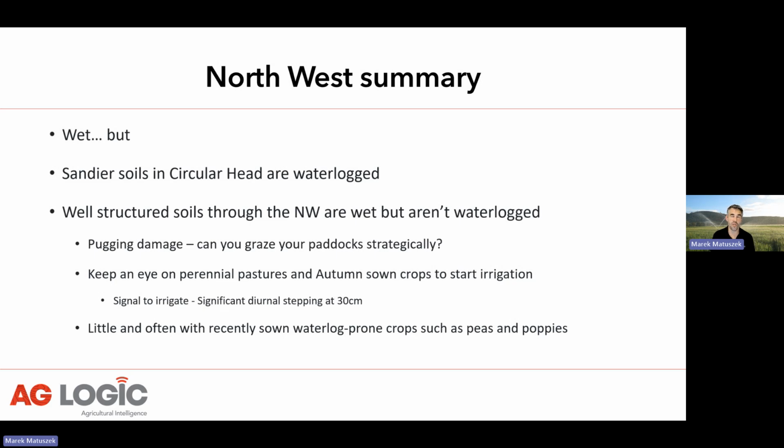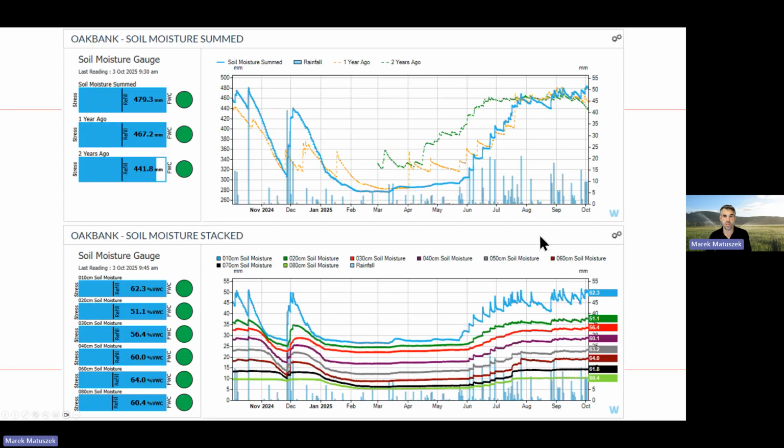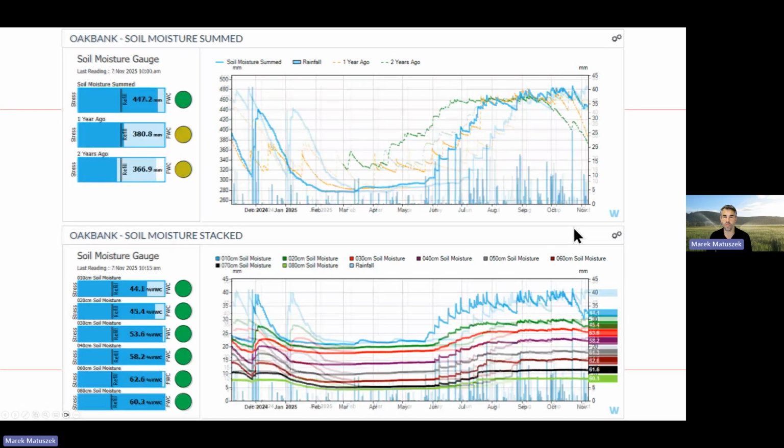Little and often, don't go stressing them out because you've got a big rainfall coming. If you've got good soil structure and you've got drainage in place, that should be able to hopefully work with it. In the Northeast Coast, if we go to the Pipers River region, we can see here very similar to